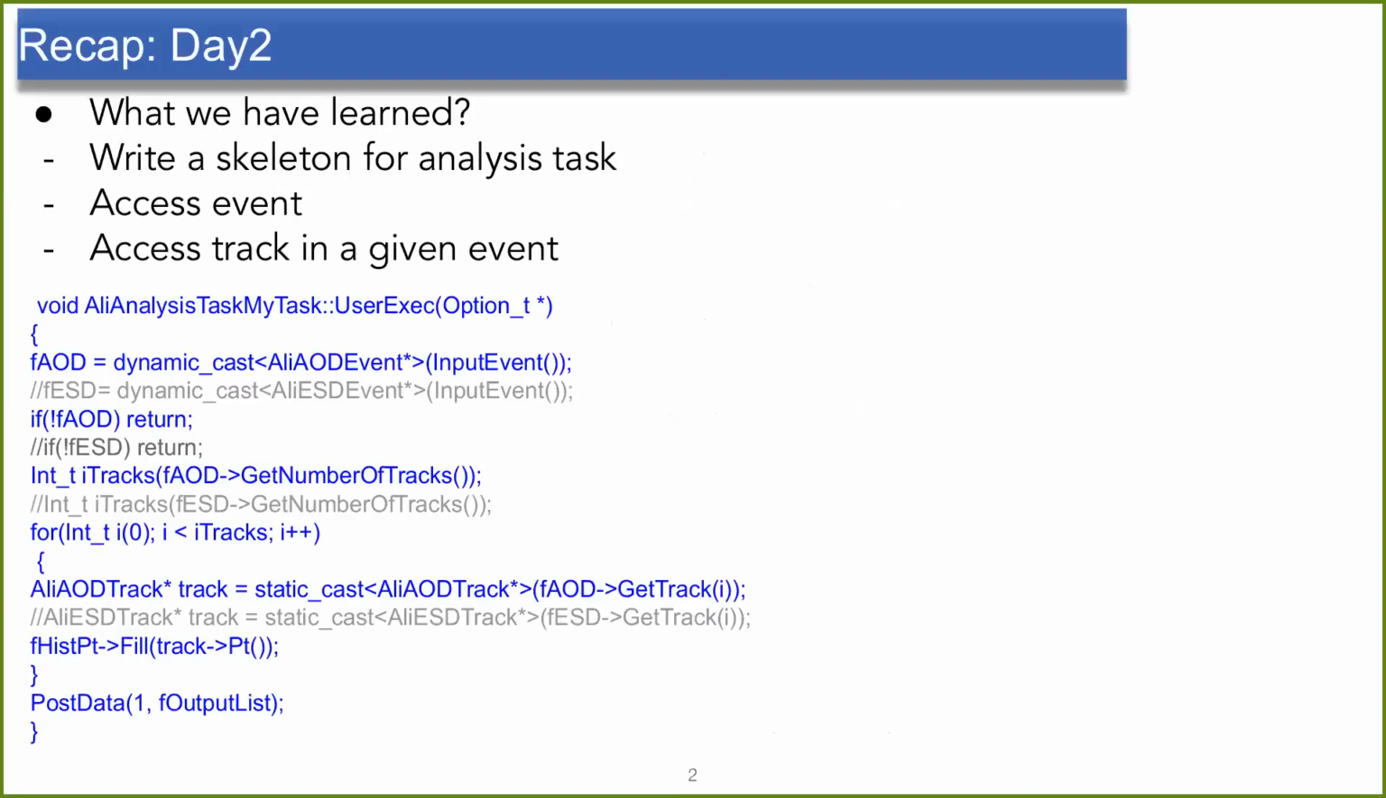So before going to the track selection, let me just summarize what we have learned till now. On day two, we basically learned how to write a skeleton of an analysis task and how we can access the event and track from the AOD and ESD file. So here is just a part of the code where we generally do our analysis, in the user execution of our .cxx macro, where we